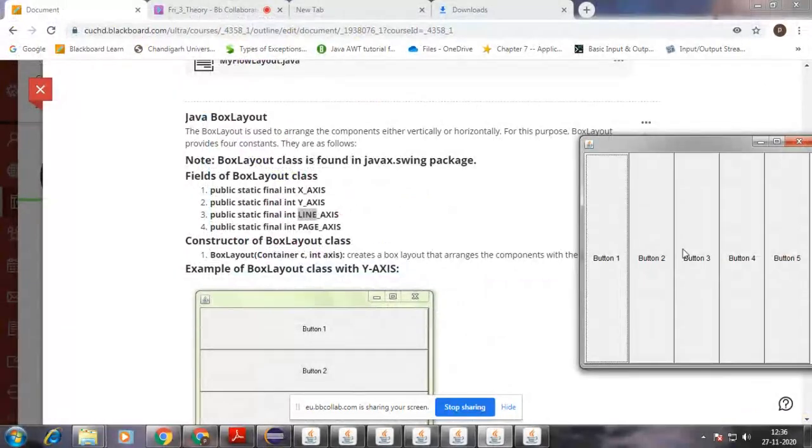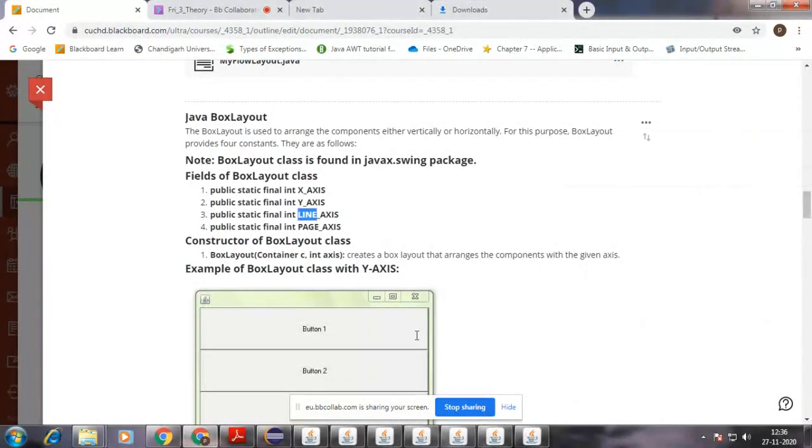So this is how we saw the different axes